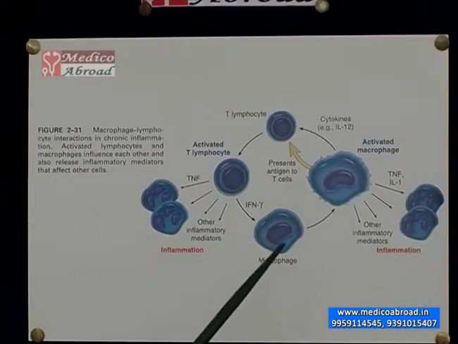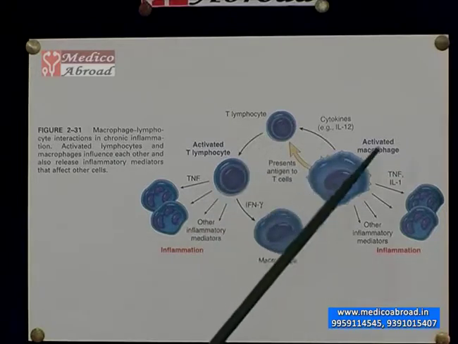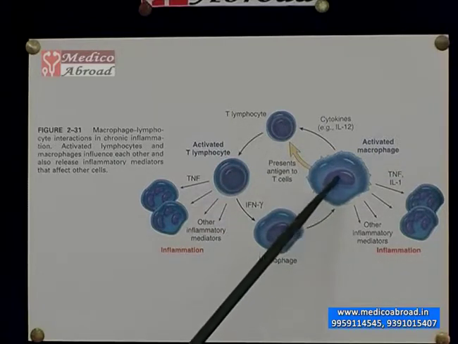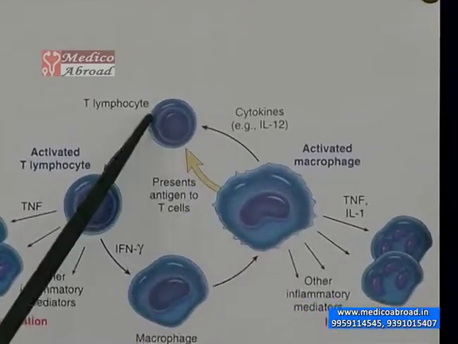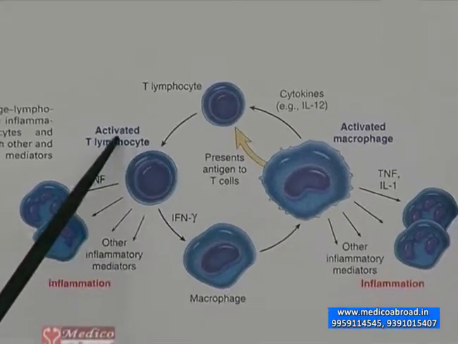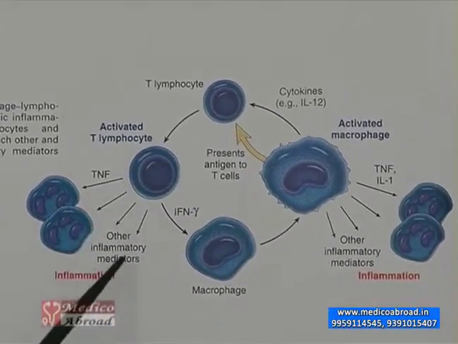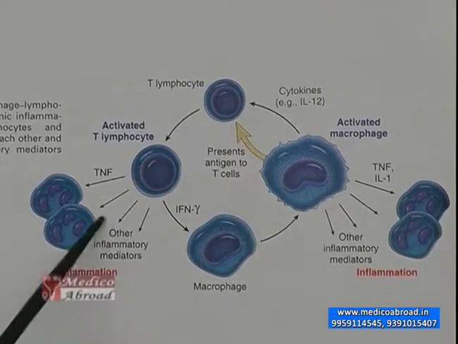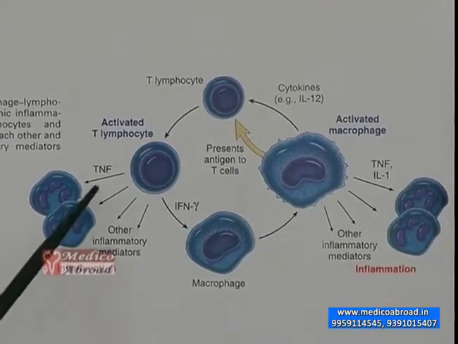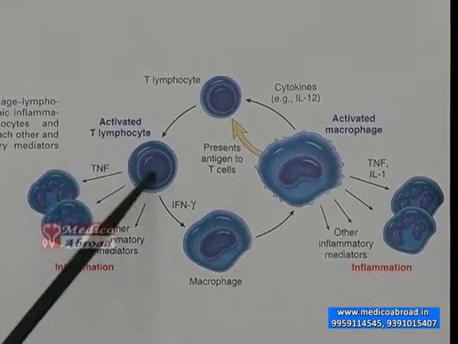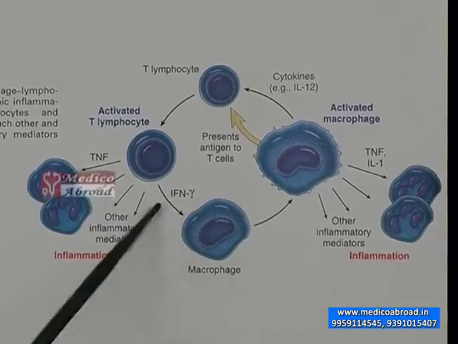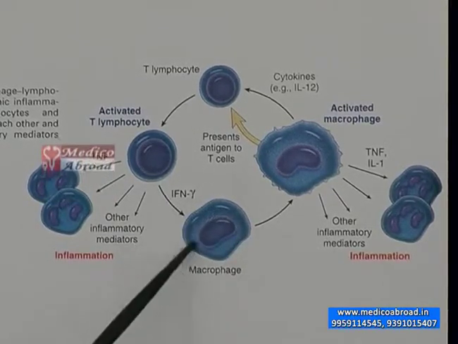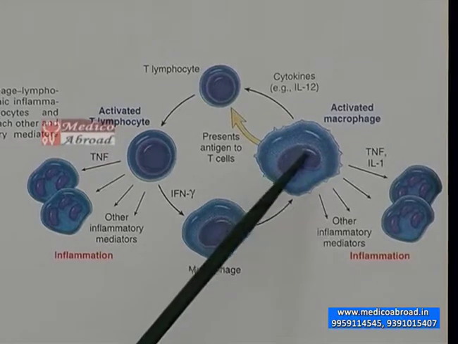This chart shows you the interaction between macrophages and other leukocytes. Activated macrophages, as we have seen, which come from the blood, elaborate substances like interleukin 12 and they activate T lymphocytes. These T lymphocytes in turn produce other inflammatory mediators, and this sets off a cell mediated immunity. These activated T lymphocytes may produce interferon gamma, and they act on other macrophages and recruit them by activating the